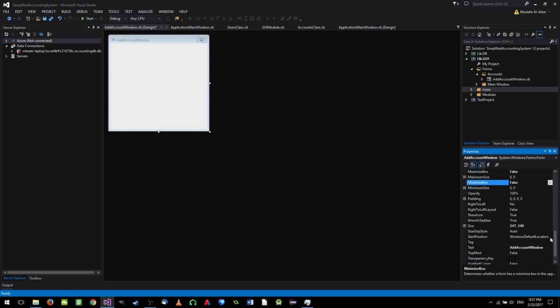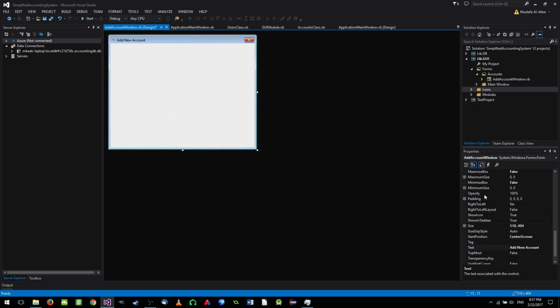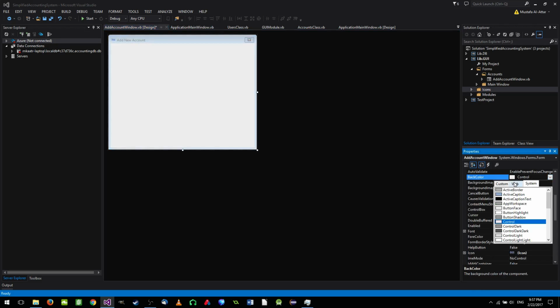Also, the window location should be the center of the screen, and the text, this is going to be add new account. This is going to be the title of the form, as you can see here. Now, one last thing is to set the color for this one, and the back color, I think it was something like